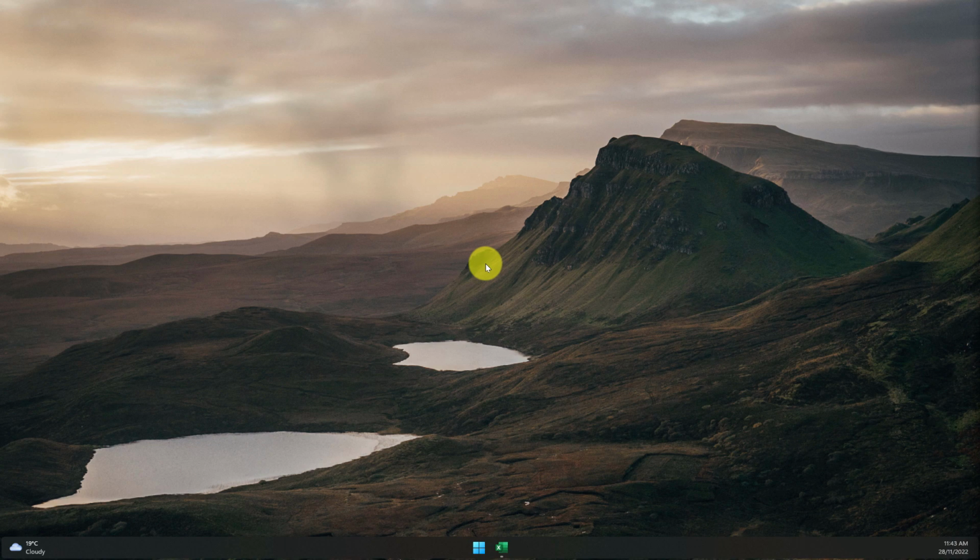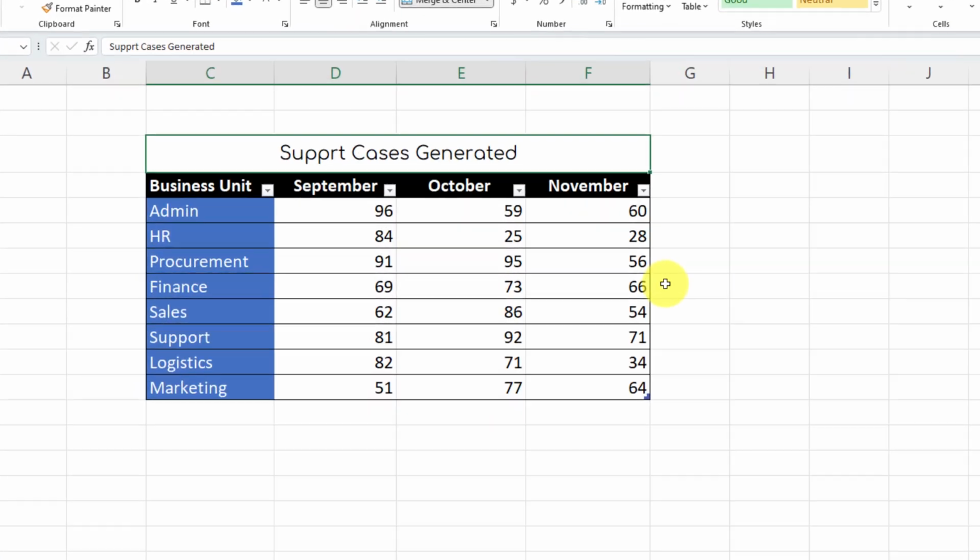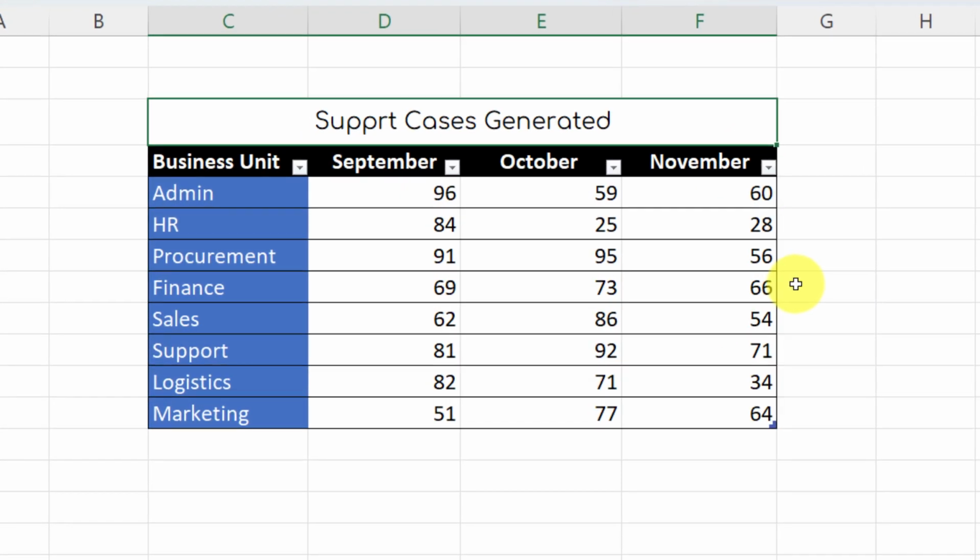Just imagine it's coming up to the end of the month and you're getting your presentation ready to submit to your boss, and you need to put in the data from your Excel file, but it's a lot of numbers and you want to make it look a lot nicer. Today I'm going to show you how to use conditional formatting to make that a reality.